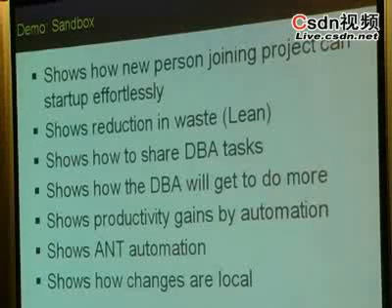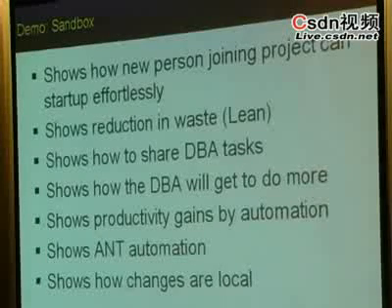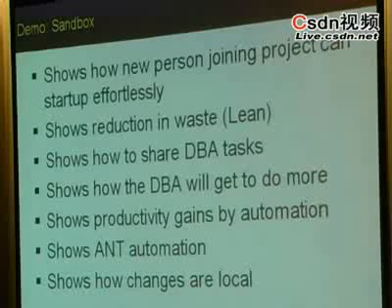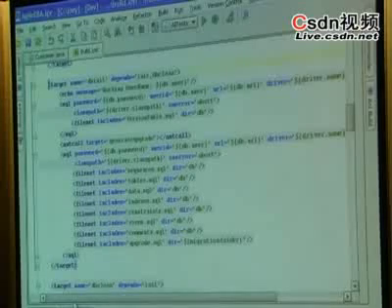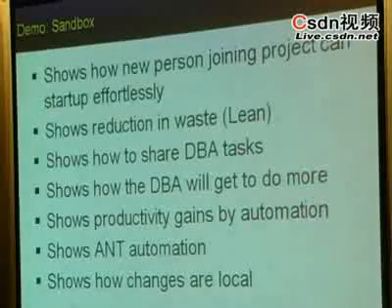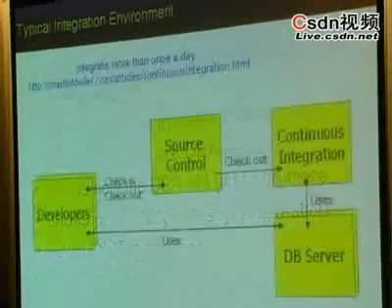CruiseControl, or whatever your continuous integration engine is, picks up those changes and creates a database for itself. Once the build is ready, it publishes the delta scripts and the artifacts, which is your application, jar or war or whatever you create. Then it's ready to be deployed to your production or UAT database environment. So when you deploy the